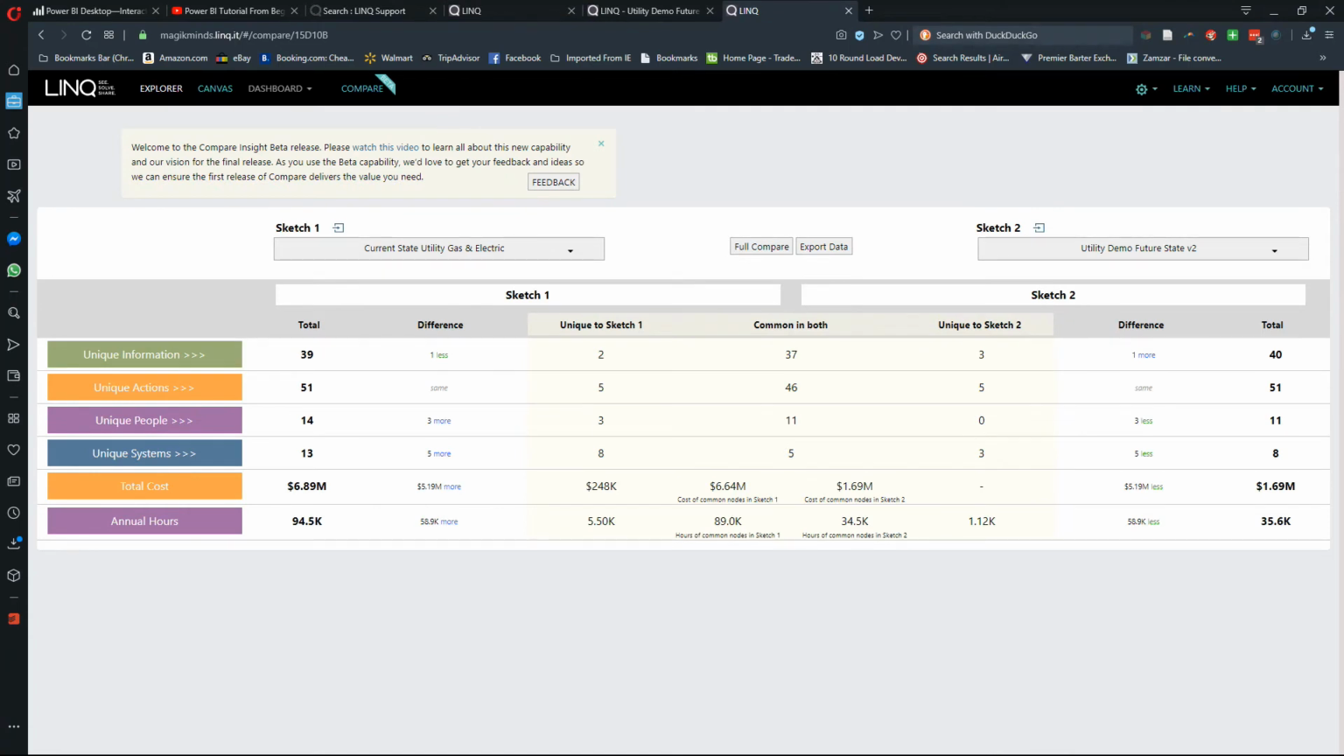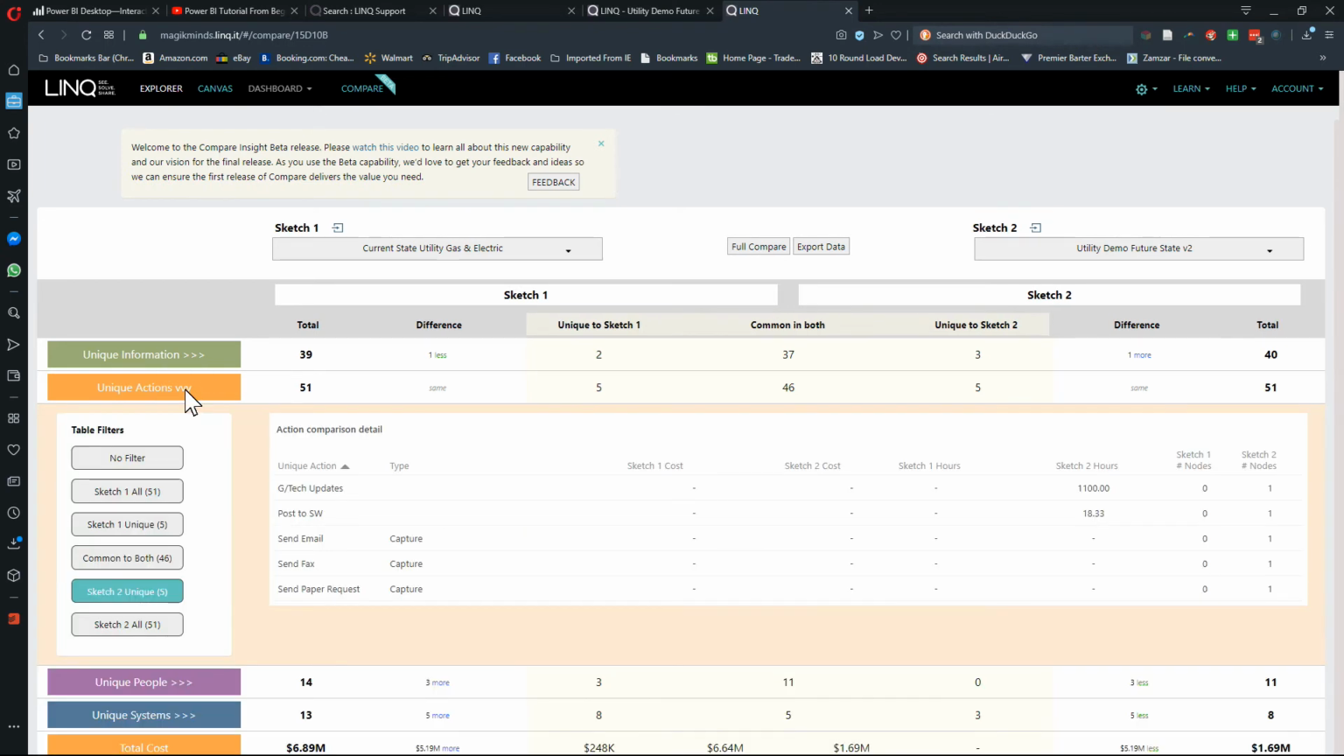Where new things are being introduced, it almost always requires some level of software development. Many teams these days are using agile methodologies to manage new development work. LINQ can also help with that. Looking at the compare function again, the items we noted for change management can also feed into our agile processes. For example, let's look at the unique actions filter. Sketch 2 has 5 unique or new actions. If we jump over to the sketch and search on one of those actions like this,